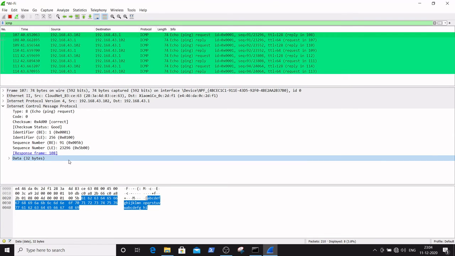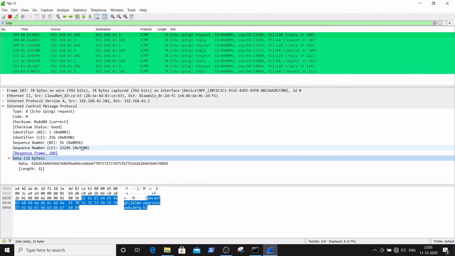Here is the data of 32 bytes. By selecting this, it is highlighted in the data view window, showing the data in the form of hexadecimal numbers. The length of the data is also given, that is 32 bytes.